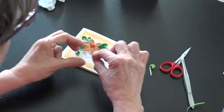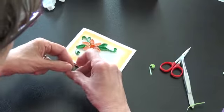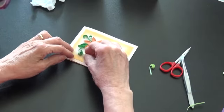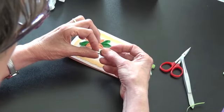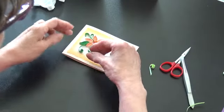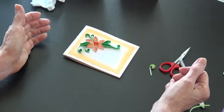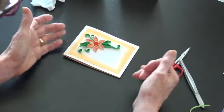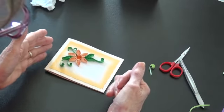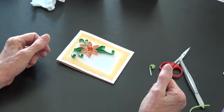Hardly ever use the more complex ones. I'd prefer to just do them as they are and reshape. Is that one going to go in there? No. So what I need to do is curl it this way instead. See how that looks. Yeah, so I'm quite happy with that shaping now. That's looking quite nice. So gluing down, again, you're going to have to be extra careful with the gluing down,